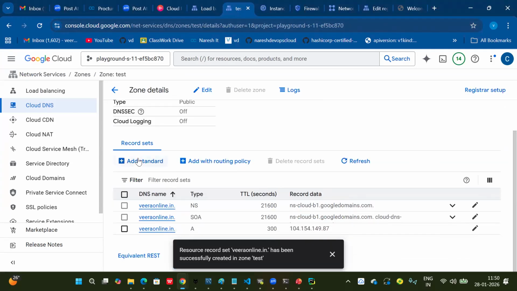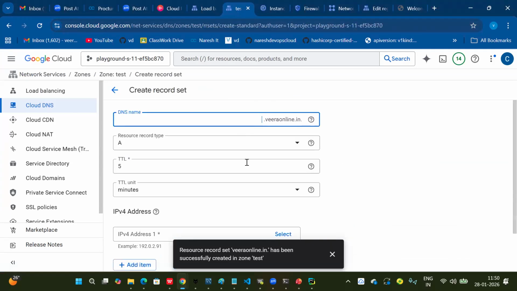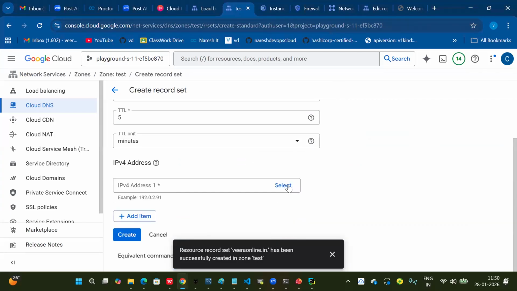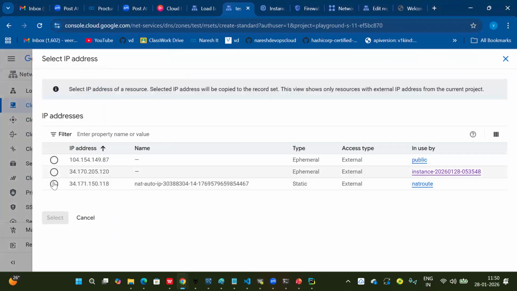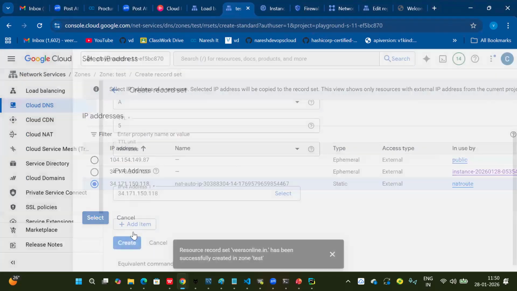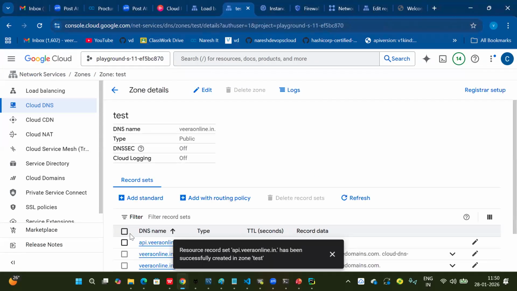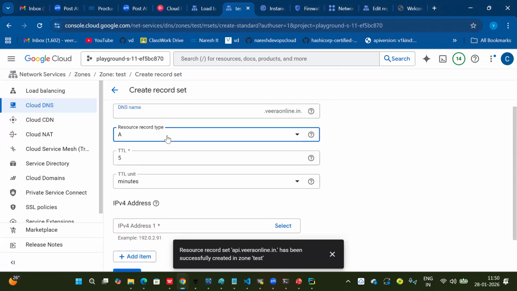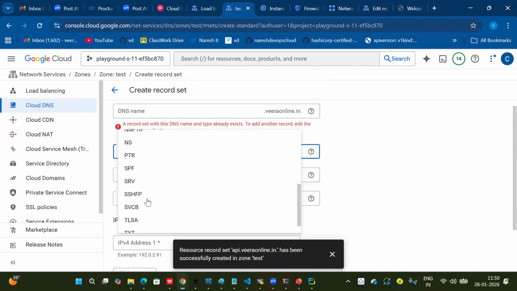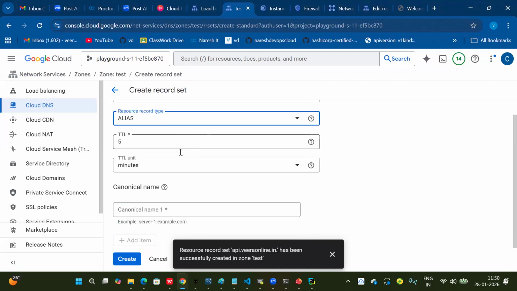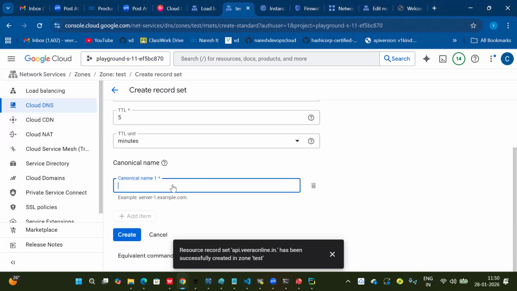So by adding a standard subdomain, if you want to add API, again select which IP. This time I'm giving for NAT gateway, create record. Okay. So like this, we can create A records. Again, I'm creating a standard. This time I'm creating an alias. Alias is not there now. Yeah, there. If you click on alias,